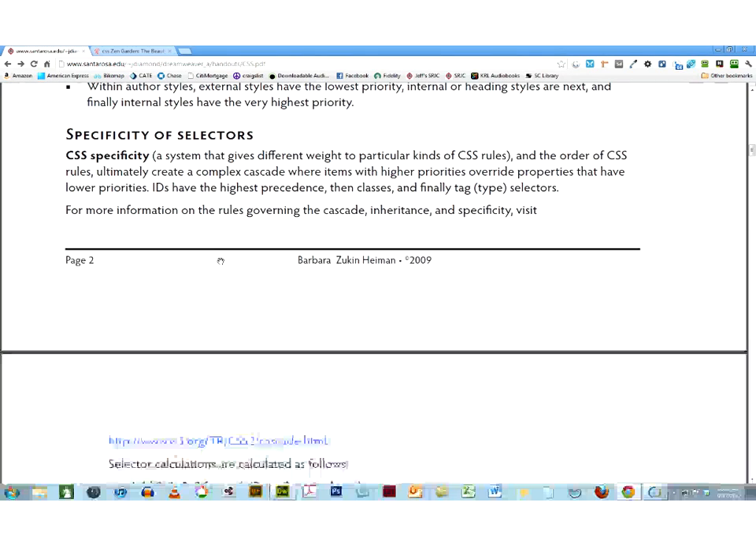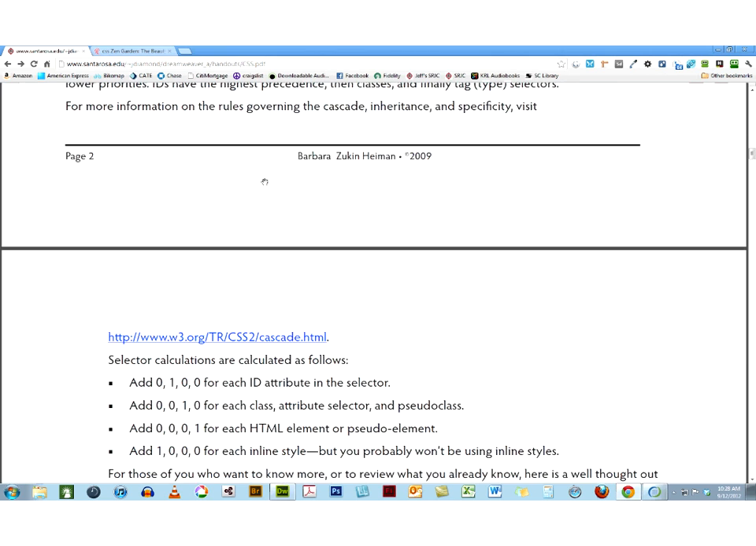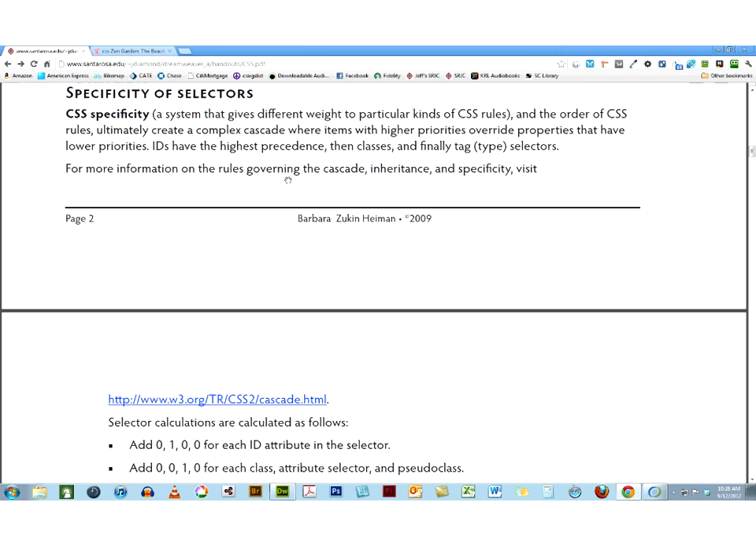So with that being said, let me explain the specificity of selectors. The order of CSS rules ultimately creates a complex cascade where items with higher priorities override properties that have lower priorities. The main thing that you want to understand is that IDs have the highest precedence, then classes, and finally tags. So let me give you an example of all three of those: